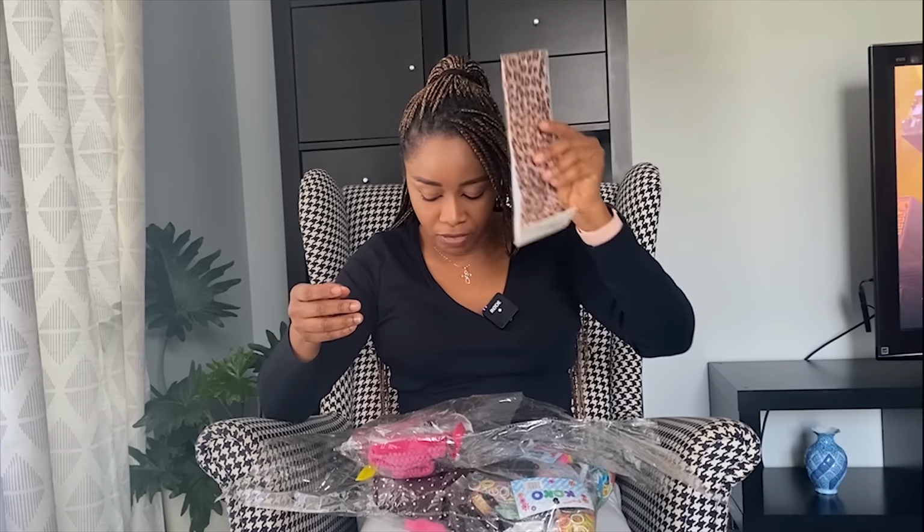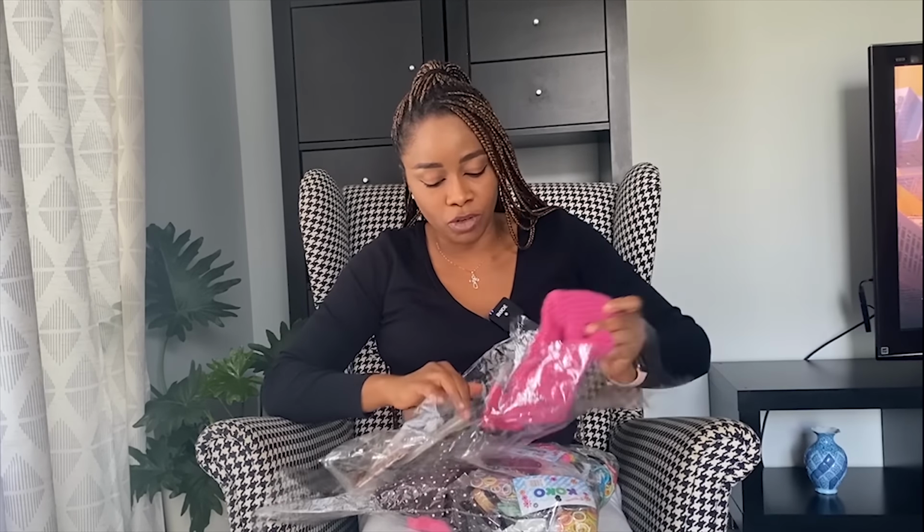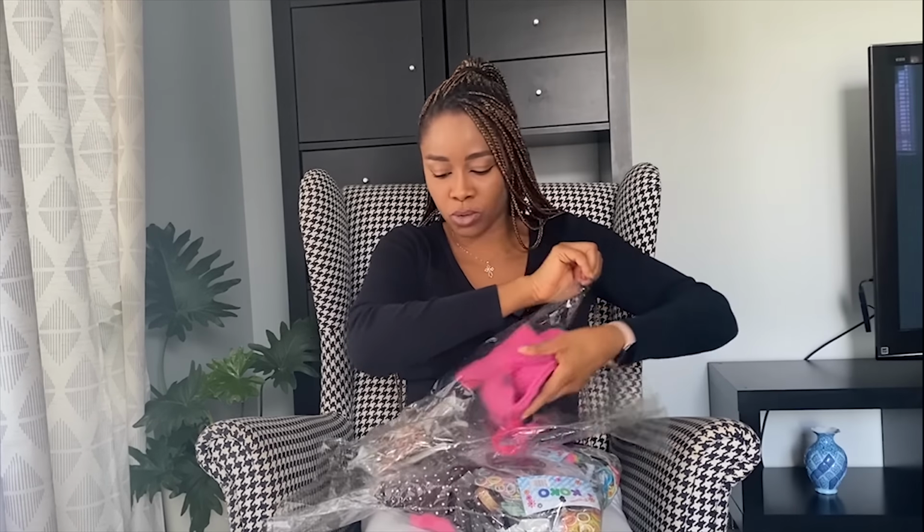So you can get stuff like this. They're very good. When your hair starts to get a bit out of place, when your children's hair starts to get out of place, you can use all these things to just hide all those spots. Okay, so that's it. Then come in with your